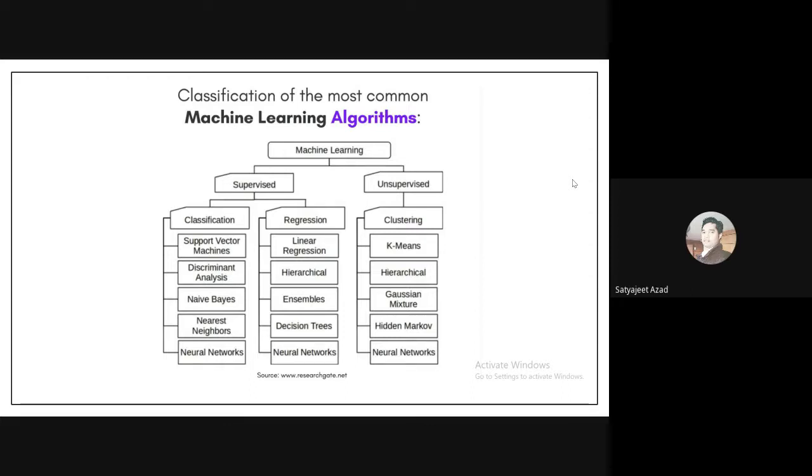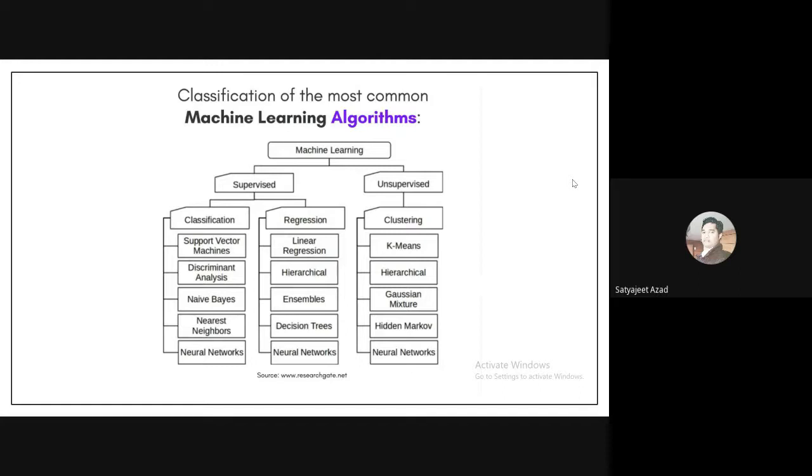Coming to machine learning algorithms, typically we divide them into supervised, unsupervised, and also something called reinforcement. I'm not covering reinforcement here. Inside supervised learning, there is classification and regression. In business cases, and in the government projects I have handled, most of the time they do some kind of forecasting, but they also take help of classification algorithms.